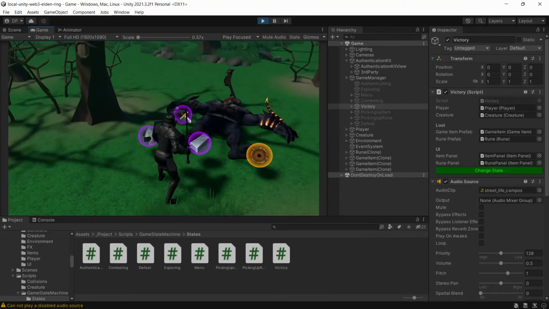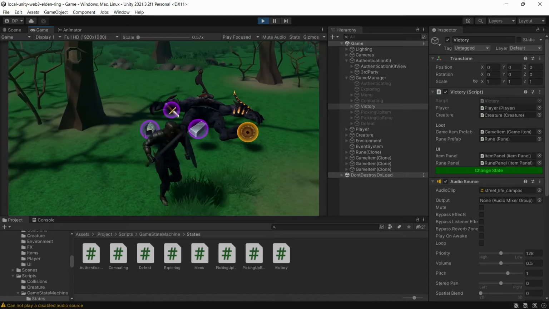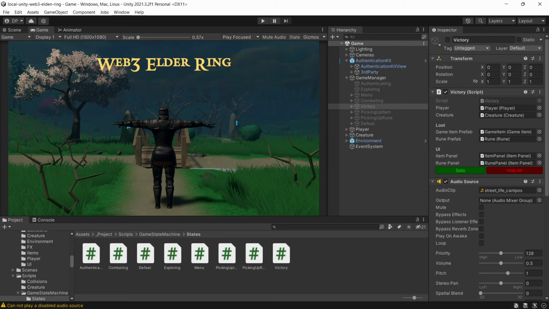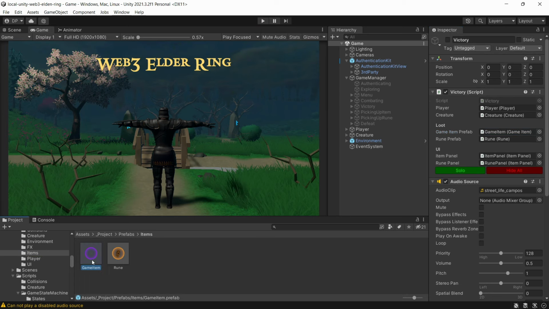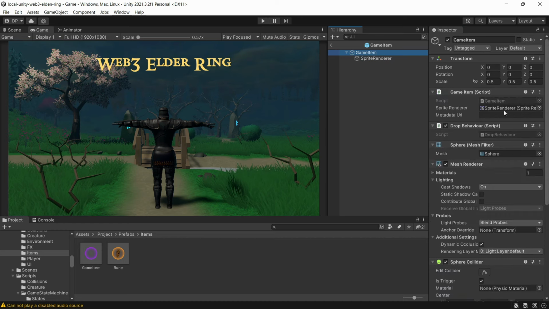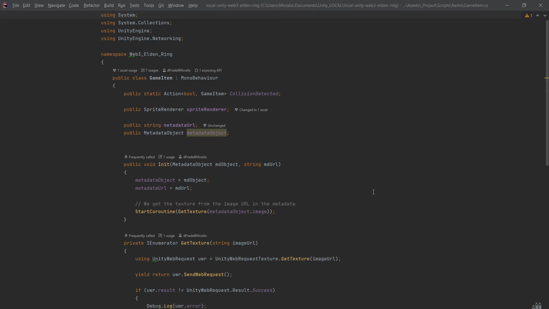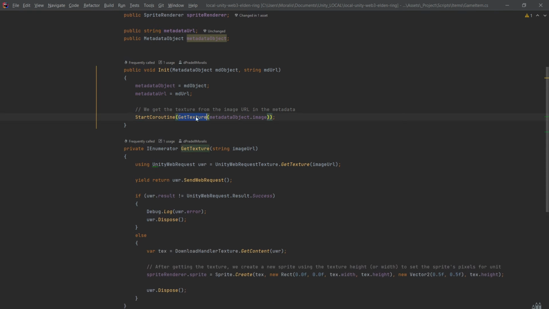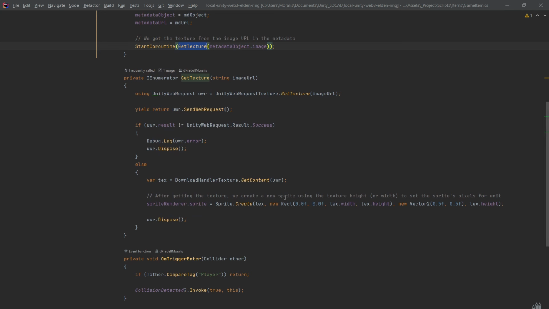Voila, look what is dropping right now. Amazing. So what basically happened, if we look here on game item, it's a prefab, which if we open it, has a sprite renderer inside and this class game item. We're getting the IPFS metadata that holds basically an image, and we're passing it to this game item. And here with the get texture, we are getting the texture, and we're creating a sprite using this sprite